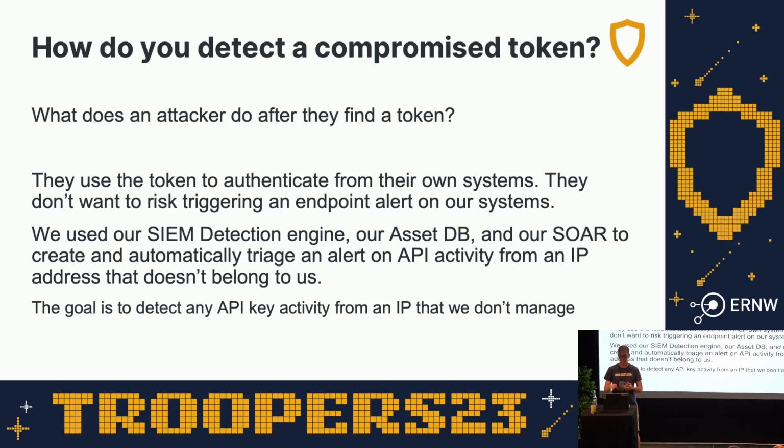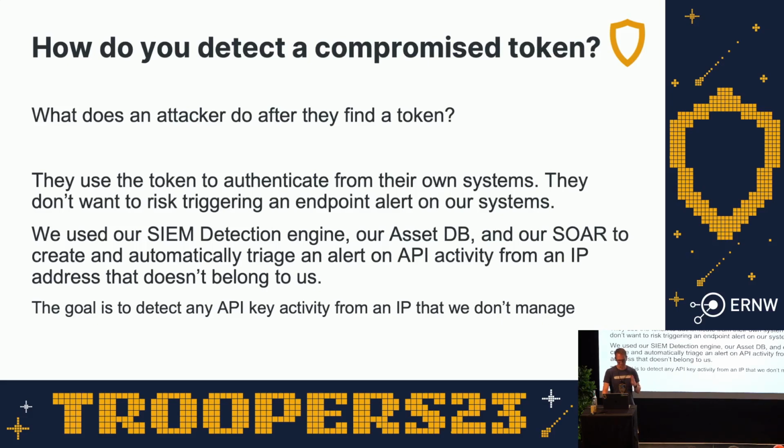My endpoints, my workstations, they all go through a proxy, so I've got the IP addresses that my endpoints work from. This workstation connects from Troopers, so the Troopers IP address is going to show up in my proxy from my workstation. So we can say, hey, Aaron was working from here today, so that's a known good IP address. And if a token was used anywhere else, fire an alert. It's a pretty complex system that I'm going to get into, but it took our SIEM engine, our SOAR system, and our asset database to build. But this is definitely worthwhile, and it's really showing dividends.